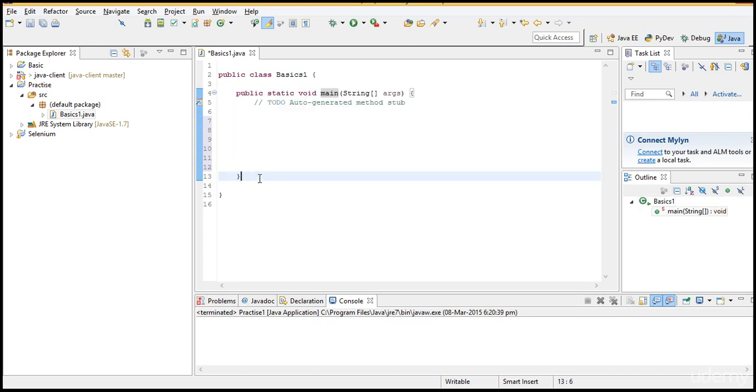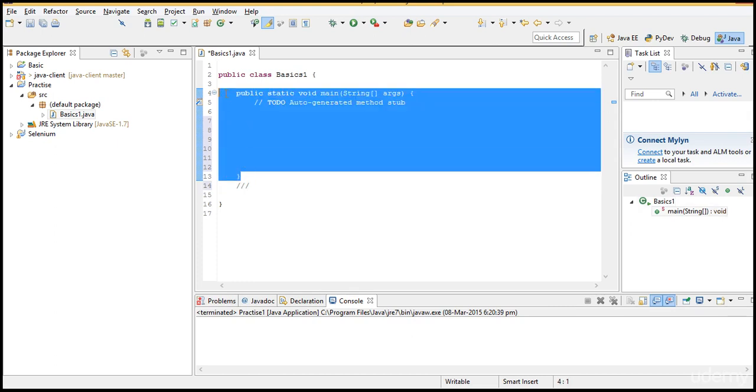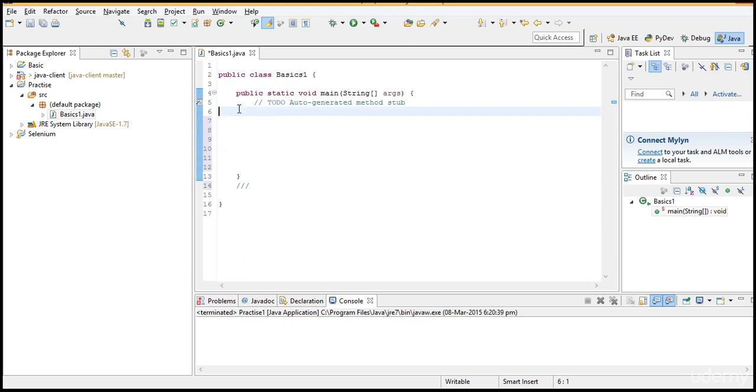If you write something here, the code will not get executed. To get executed, you have to write in this main block. Fine. To summarize, control starts from the main method only, and it is restricted to this main block. Fine. So now what is a class?